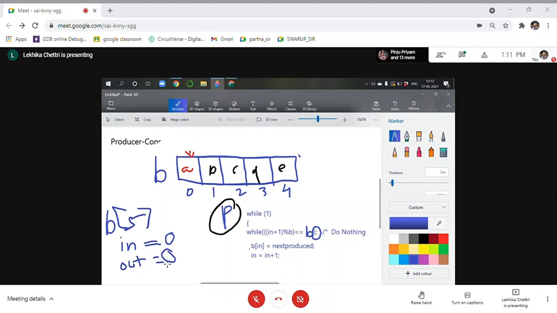And what is the out? The out is the first full. So the first full initially, when you start the producer-consumer problem, nothing will have been produced here, so obviously your first full will be 0. And also we will initialize next free as 0, because next free is the first location, 0. First full, there is nothing here, so this is also 0.